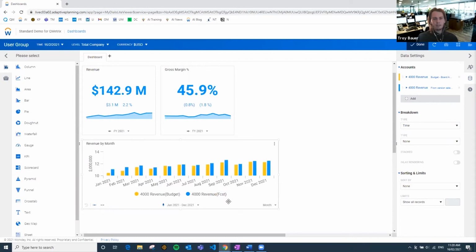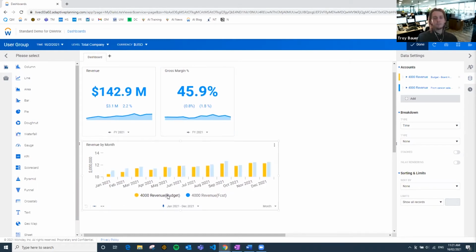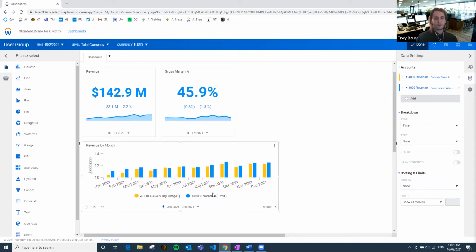Right now we've got revenue on both sides. On both dots we've got a mention of revenue, and we've got revenue in the title. There's really no need to have revenue in both of these icons. They're the same account, so there's no need to differentiate in that regard. So we want to get rid of the term revenue. When you think about it, the only difference between the yellow and the blue is the version. One's forecast and one's budget. So that's pretty much what we want to keep in the legend.